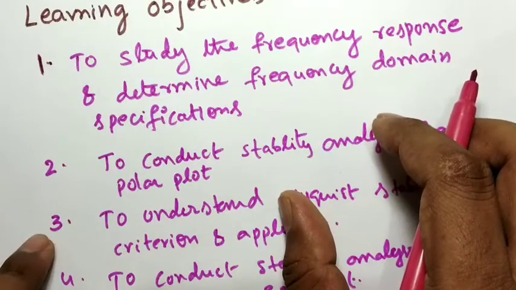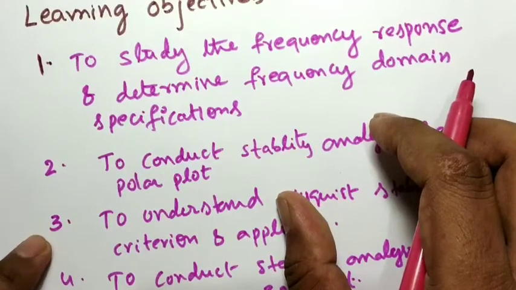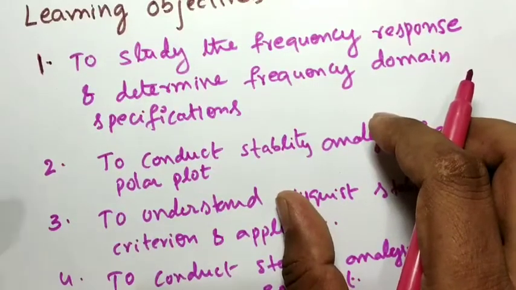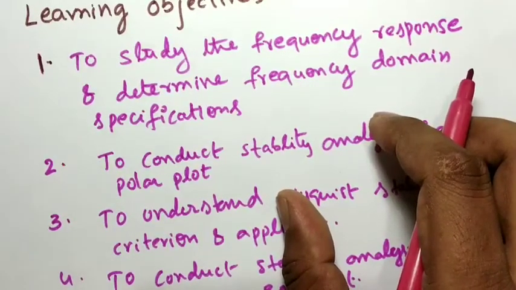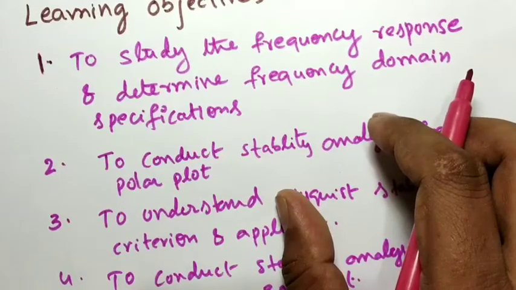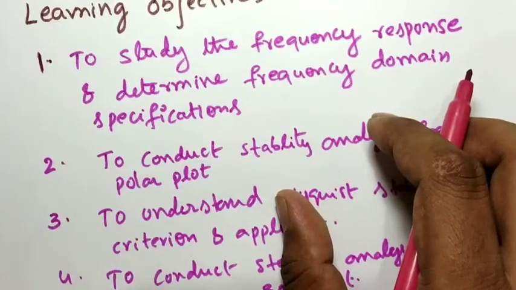There we have to find the stability of the system by using the Routh stability criterion, and the second one is the root locus technique. By using these two methods, we have found the stability of the system, and also we will find the marginal stability and instability of the system, right? So now this topic, frequency domain analysis, is very important.